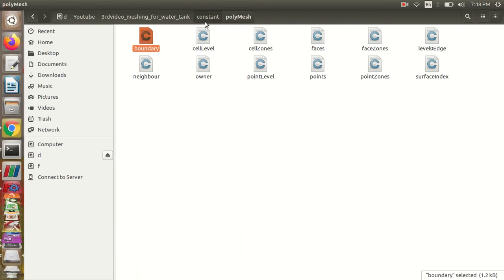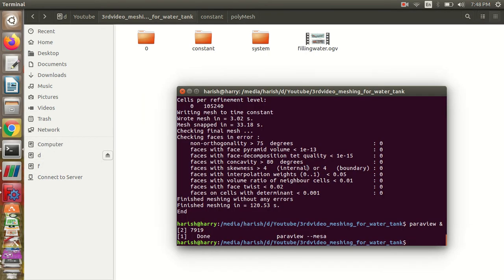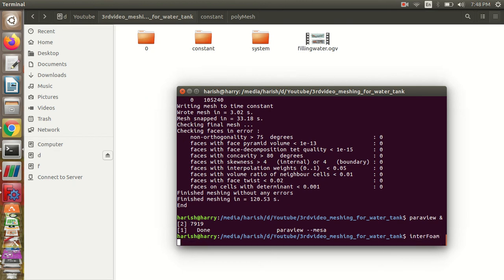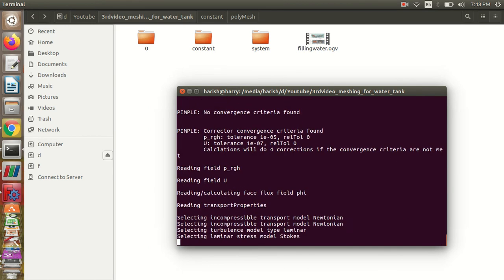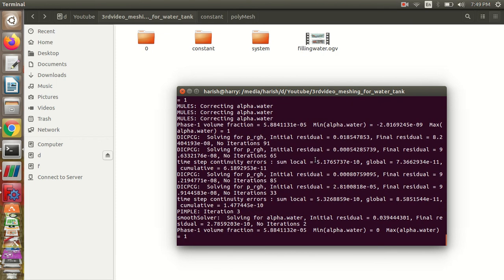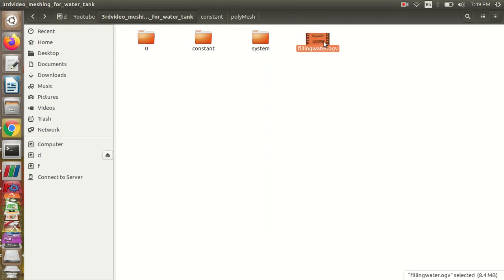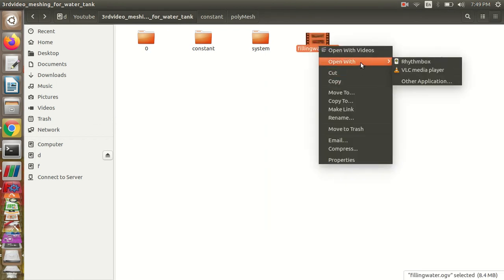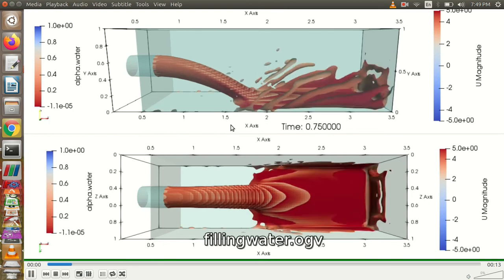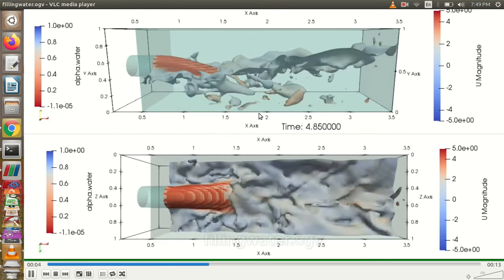So now I have conveyed all the things which I wanted. If you want, I can simply show you whether my foam works. I'll just run the interFoam command. Yes, the simulation is running, but for this video it took me almost 1 day for the simulation, and I don't want to run it once again.